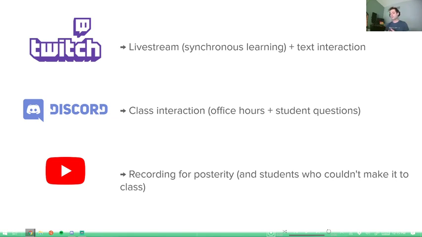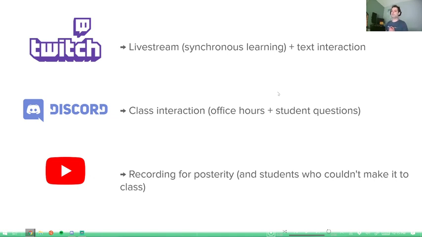Okay. Second component, Discord. This is maybe the contentious thing, maybe not. Like was mentioned earlier, students are already using Discord. I use Discord for non-academic stuff. I'm part of a Star Trek community. I'm part of an Adobe After Effects community. It's a great environment for discussion, honestly. This is your Slack equivalent if you like Slack, right? I have Slack and Discord for various things. My preference is Discord.